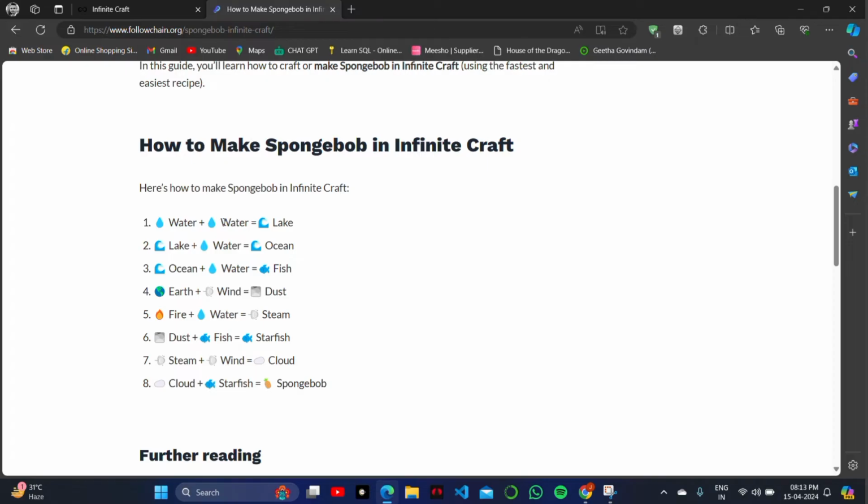Infinite Craft. First, add water and water to make a lake, then lake plus water makes ocean, then ocean plus water is equal to fish, then earth plus wind forms dust. After creating dust, you have to add fire and water to create steam here, and then steam, dust plus